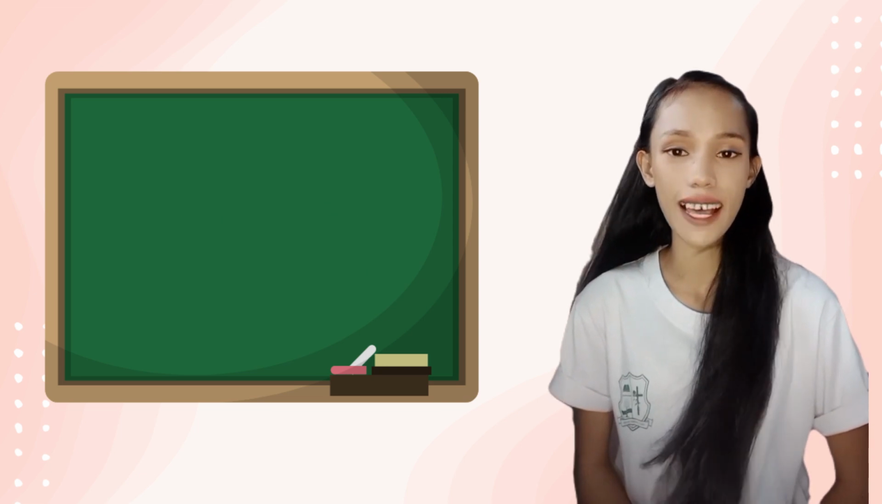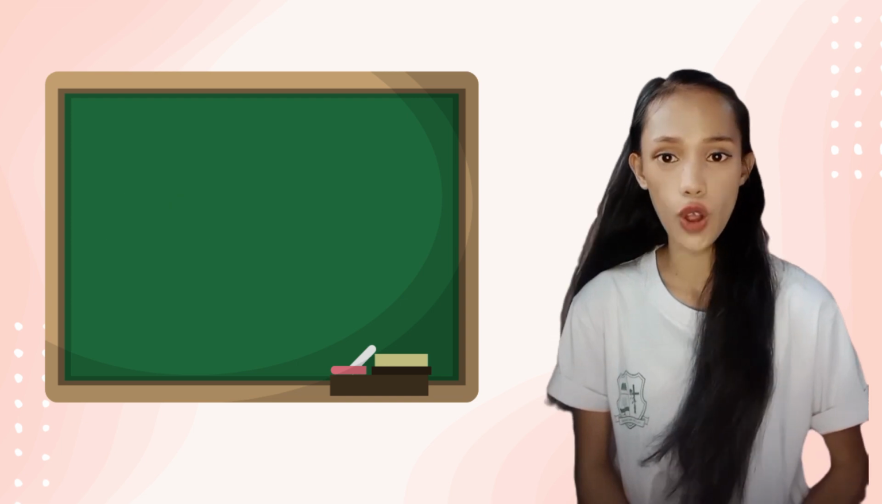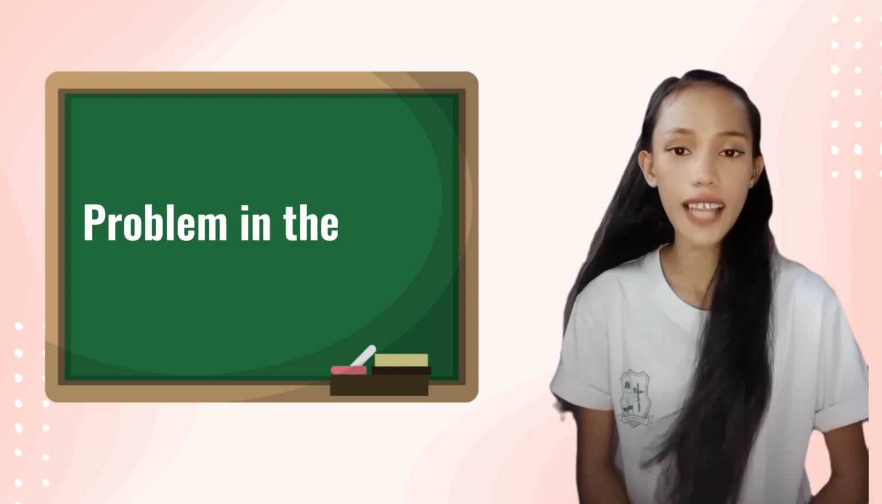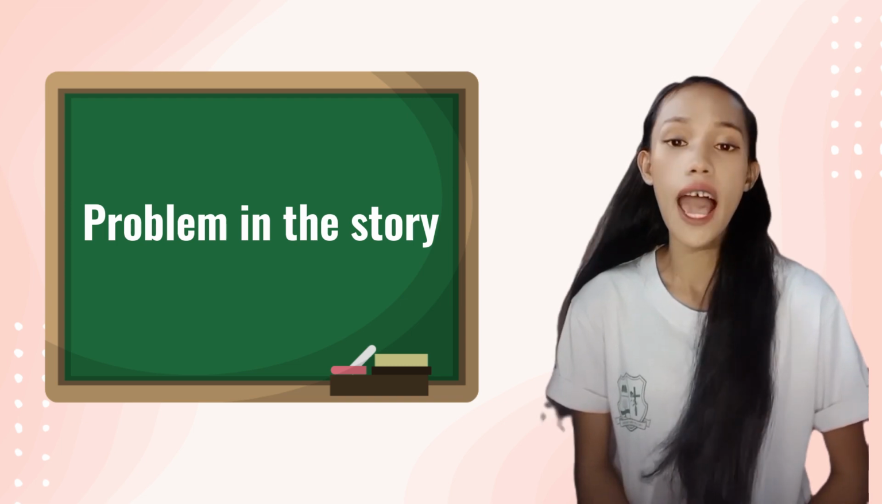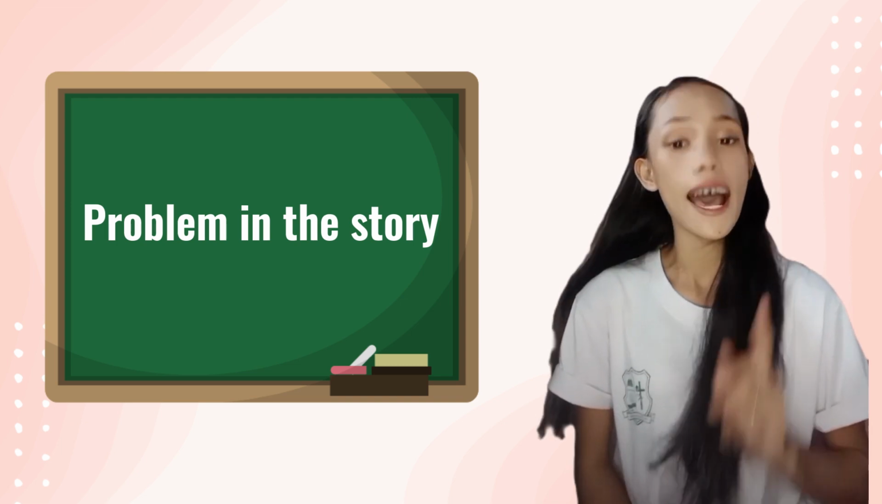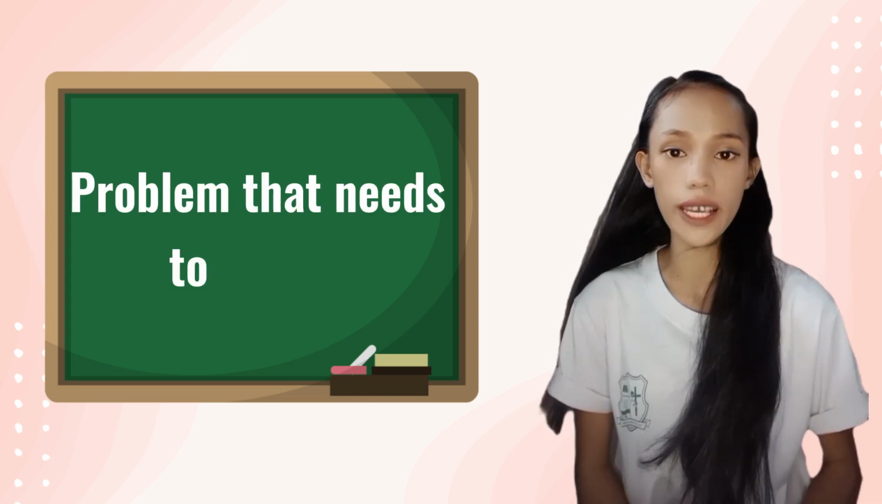Conflict is one of the basic elements of a story. So what is conflict? Conflict in a story refers to the struggle or clash between opposing forces or characters that drives the narrative and creates tension. A simple way of understanding conflict is to think of it as a problem in the story that has to